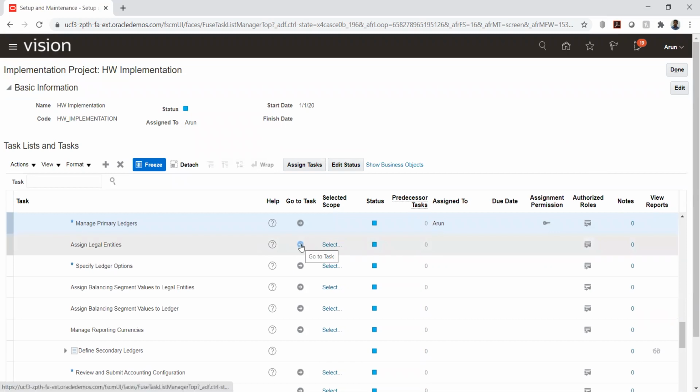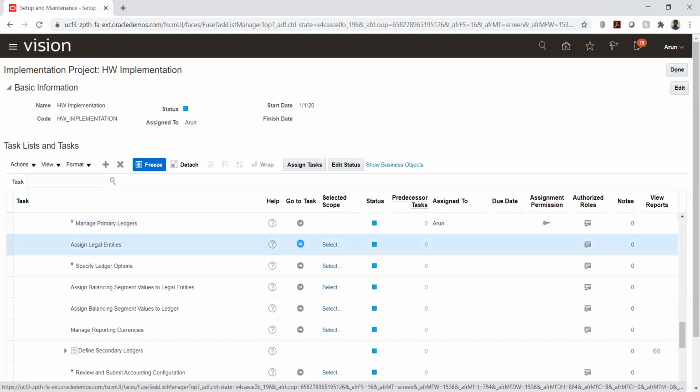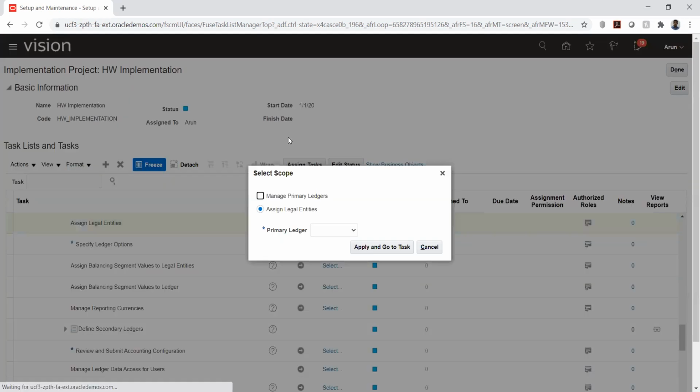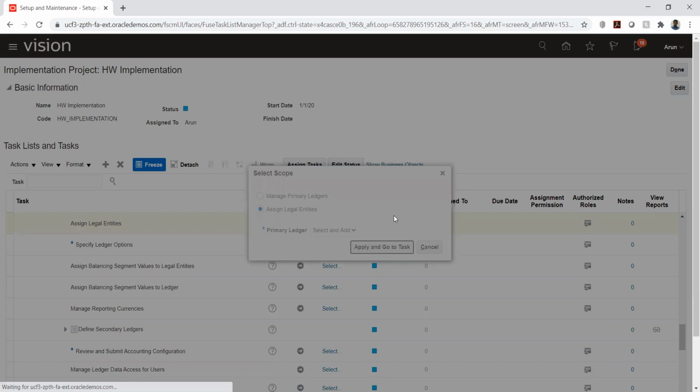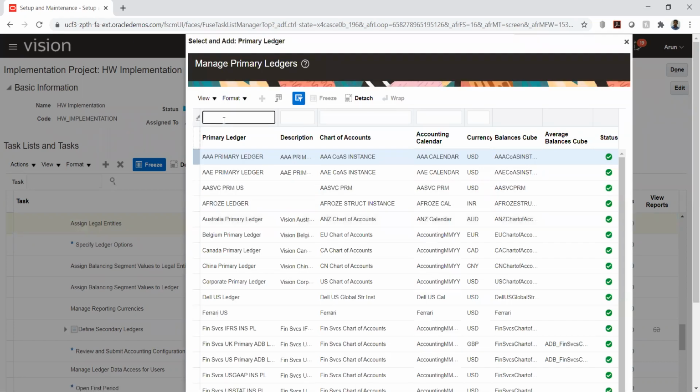Yeah. So the next step would be to assign the legal entity. In this case, I have created one legal entity, so I'll attach the legal entity that we created. It is HWLE.